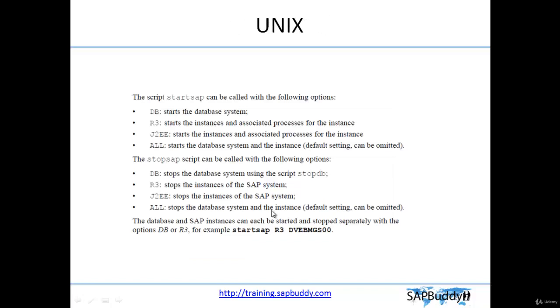The next one is UNIX. In UNIX, you can also use the command line to start and stop an SAP system. Generally, we can use this if, let's say, you schedule some activity which needs to be done on a periodic basis. Then you can run a script at a specific time and do a database update, or for OS patches this becomes quite useful. You can create a script